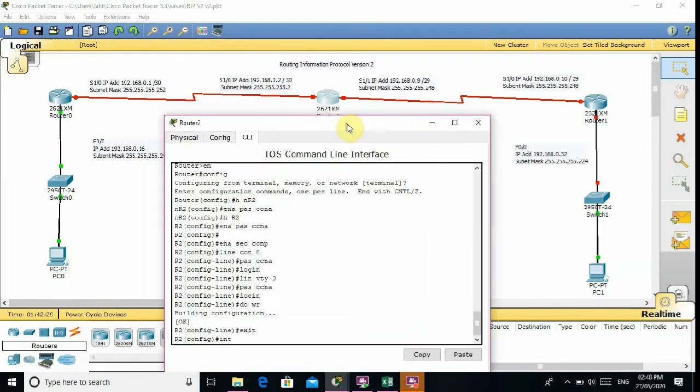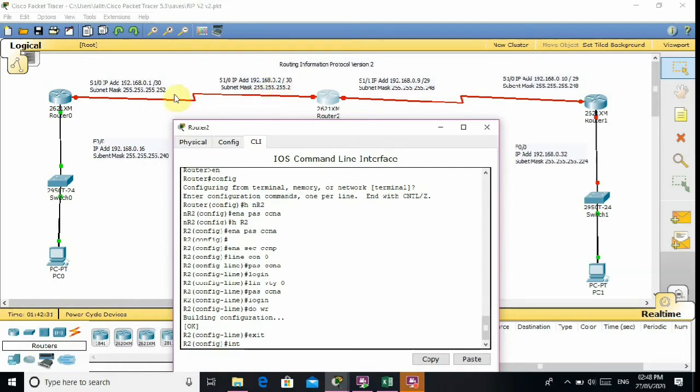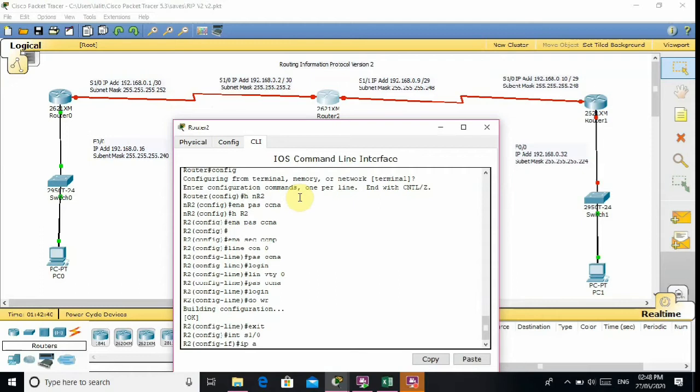And now I am configuring serial interface 1/0 of router second. The IP address I have given there is 192.168.0.2/30, with subnet mask 255.255.255.252, and enter.